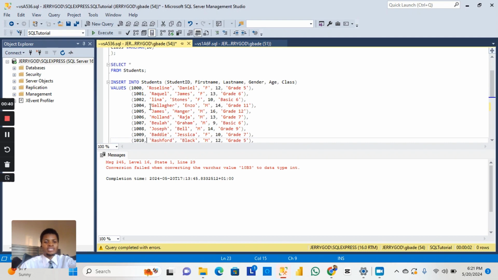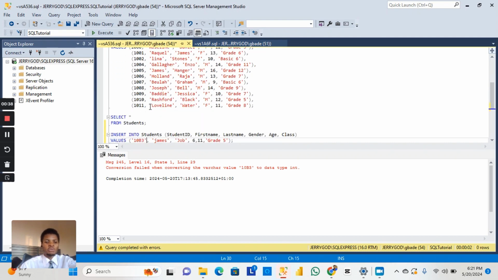Let's look at how we can manipulate some stuff with respect to the earlier created table. For the earlier created table, we have the student ID, first name, last name, gender, age, class. Now let's try to insert values that are in a different data type compared to what we already established while creating our table. So now for the student ID, I'm having